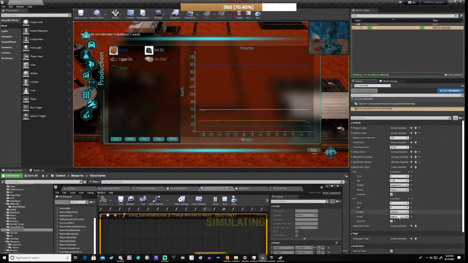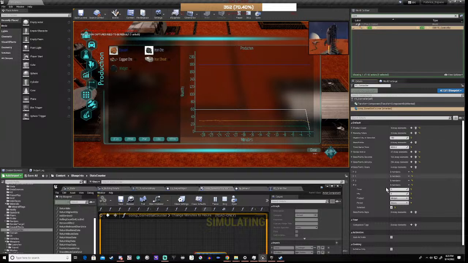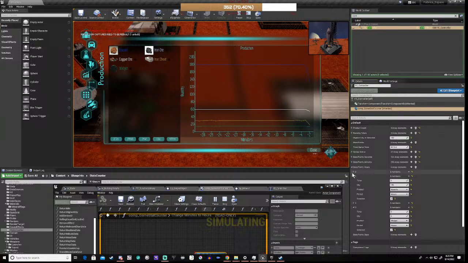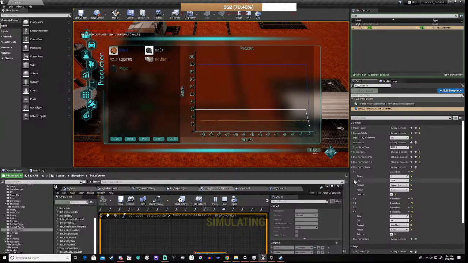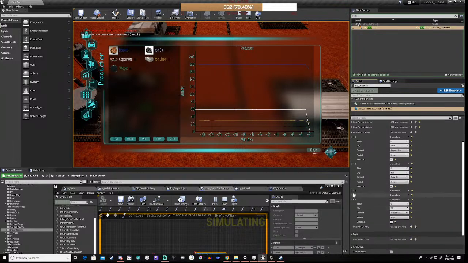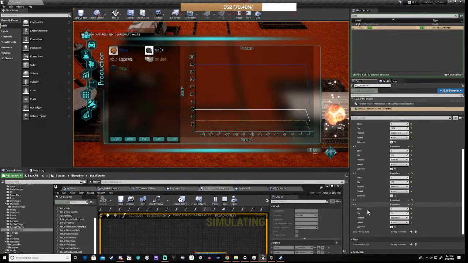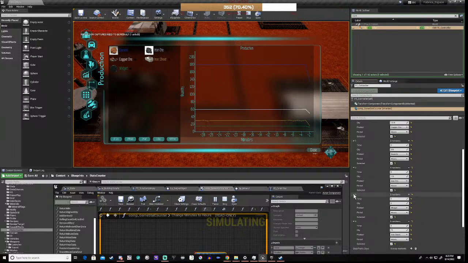And now we've got bauxite. Okay, so this is gradually going to go up, and this is a running total for this particular hour, which is hour 0. And we've now got our other products coming in the same way. So we have copper ore, we have iron sheet, we have bauxite, we have iron ore, and we should have widgets. Yep, there we go. So if I've done everything correct,